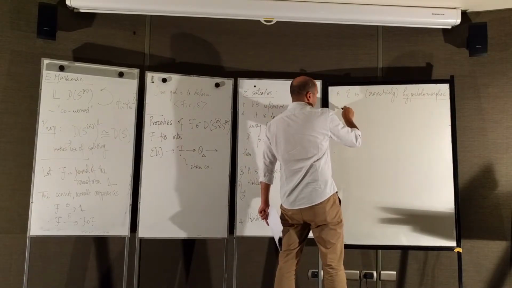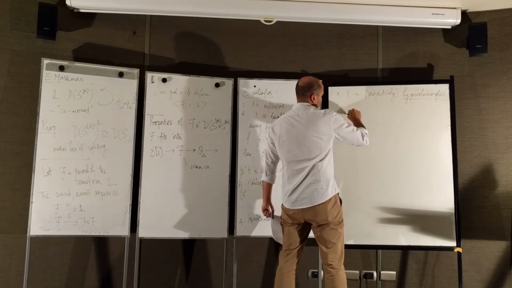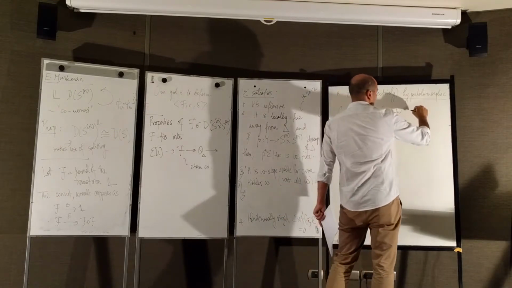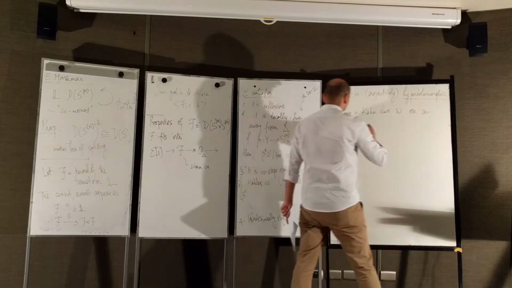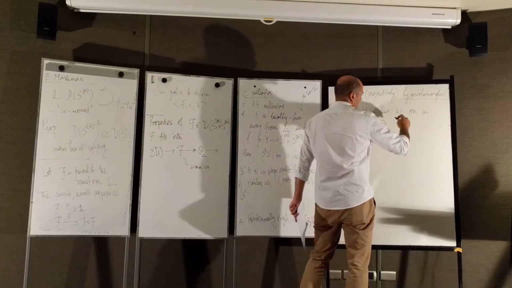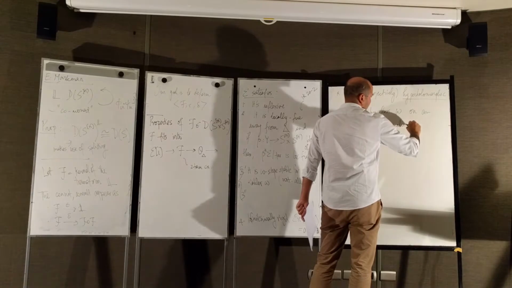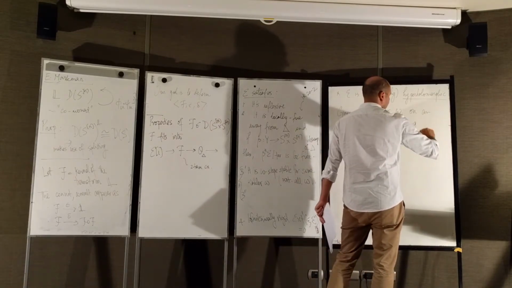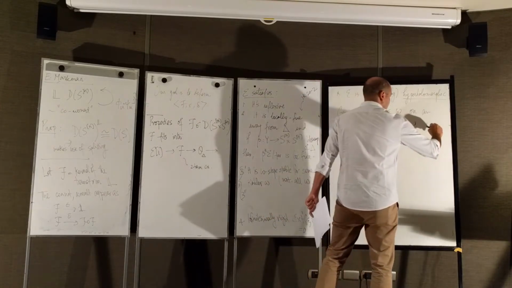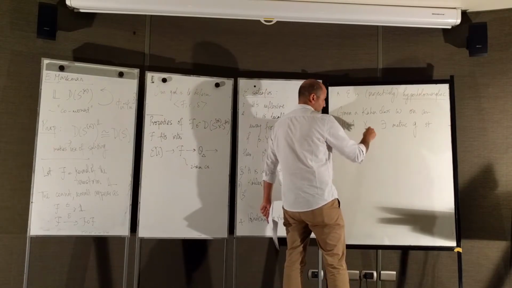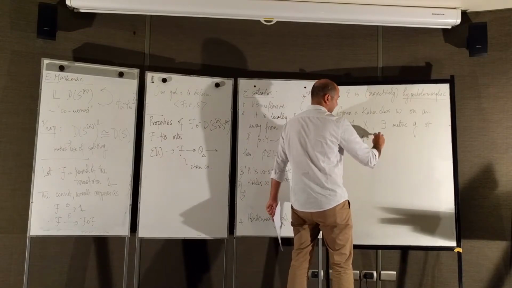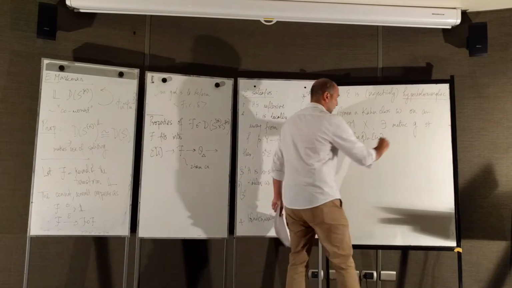Just some general facts: given a Kähler class omega on an IHSM X, there exists a Hermitian metric G such that the imaginary part of G is omega, the class of this is omega, and